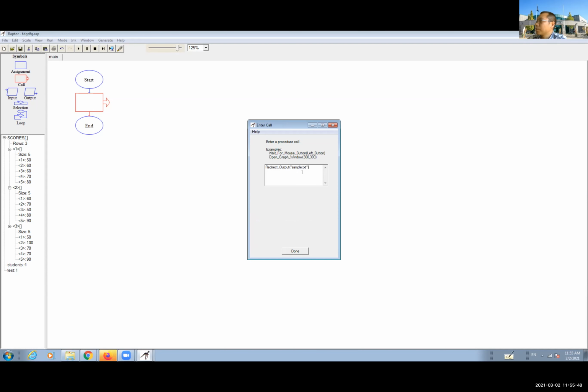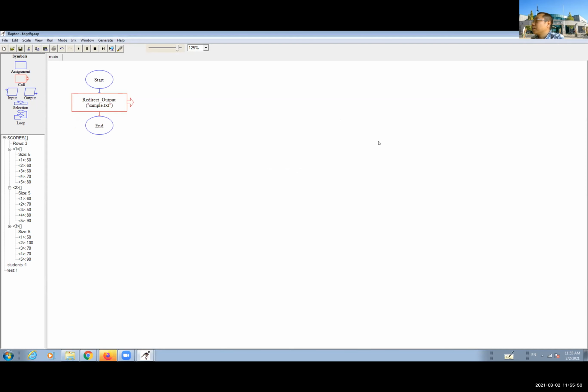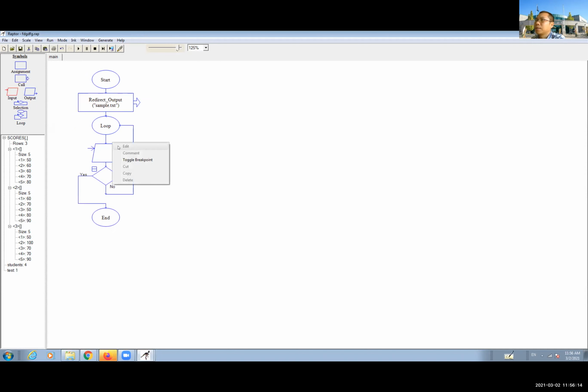Okay. So after this step, it will generate the file in the computer in the same directory of my Raptor, and the name is sample.txt here, right? So now I want to enter multiple times for the username and the salary here. So I do the loop here, and every time I ask him to enter